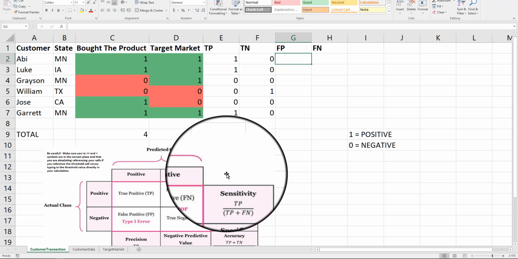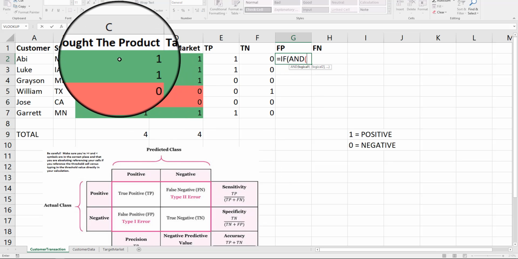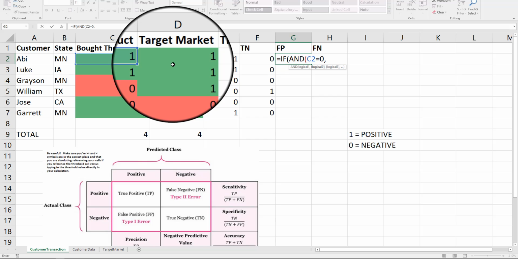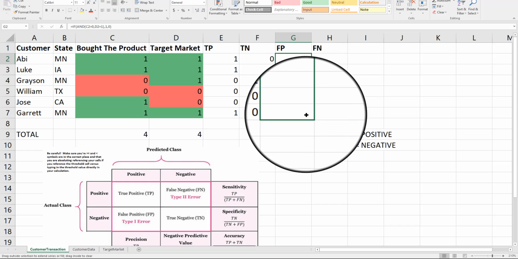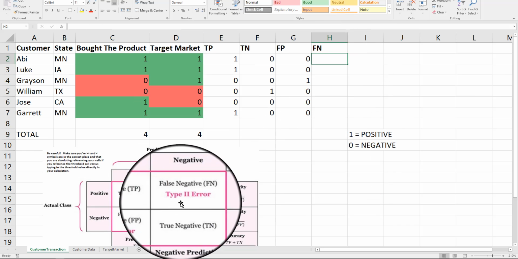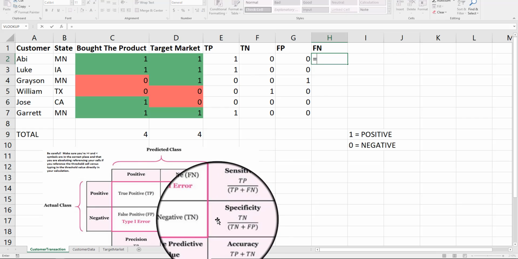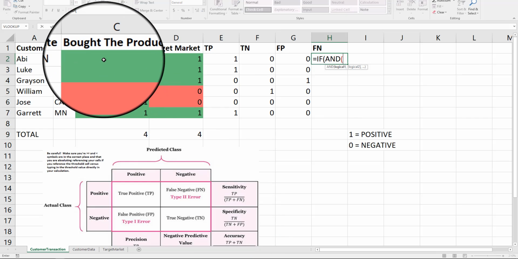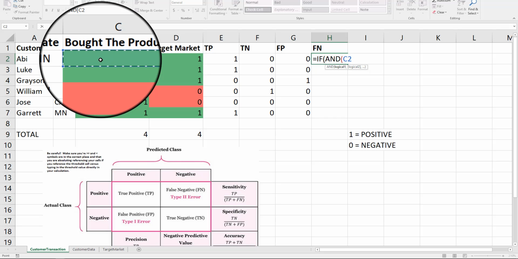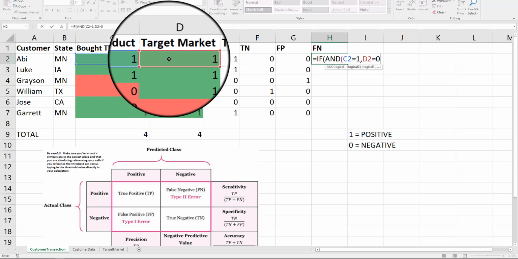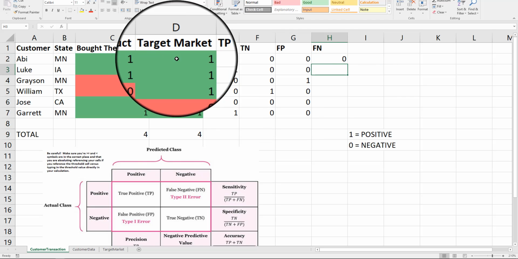Now it gets a little challenging. So now we want the actual to be negative, if and, this equals 0, but the target market, in other words, we predicted that they would buy it because they're in our target market. That one we want to be a 1, plus 1 or a 0. Drag that down. Go. And then finally, false negative here, where we want a positive in column C, and we want a negative in target market. So if and this equals 1, and this equals 0. Close that off, 1 and 0, go down,